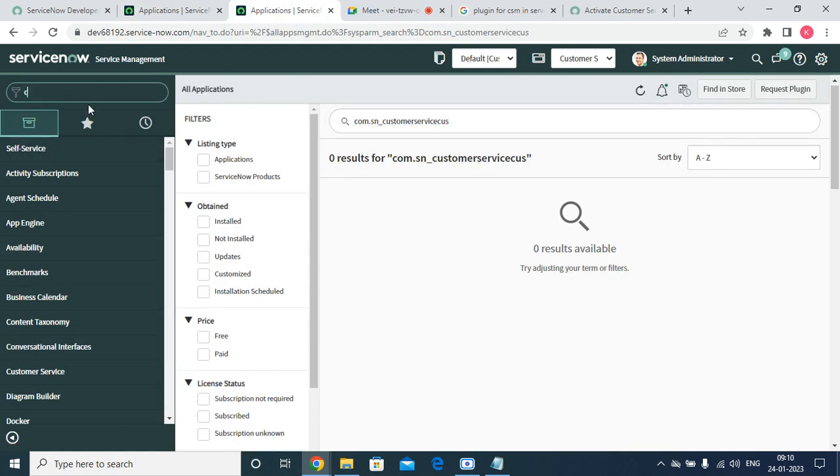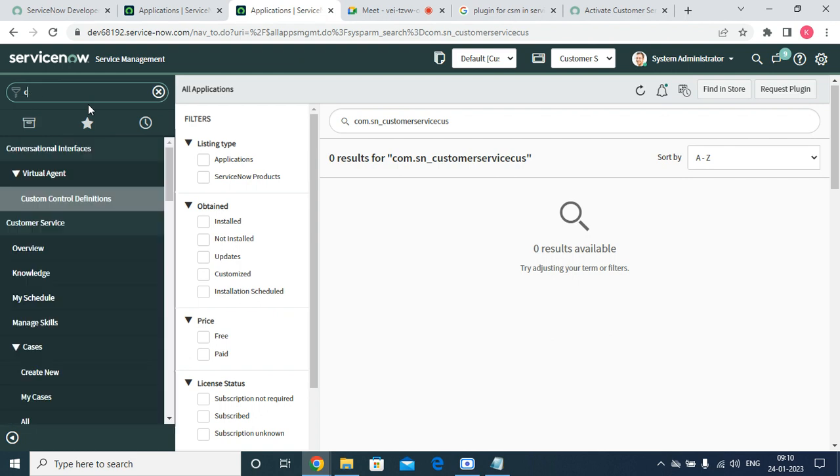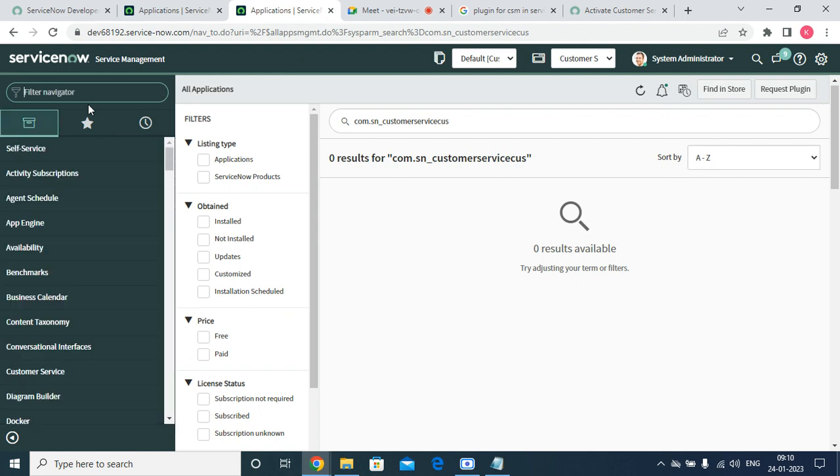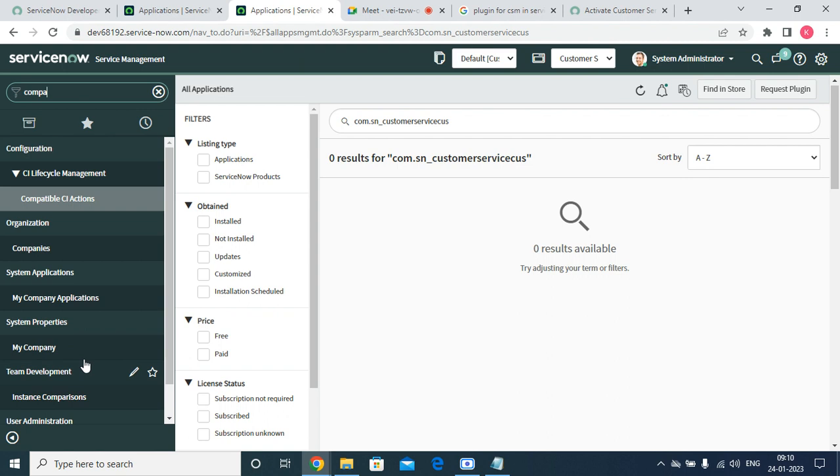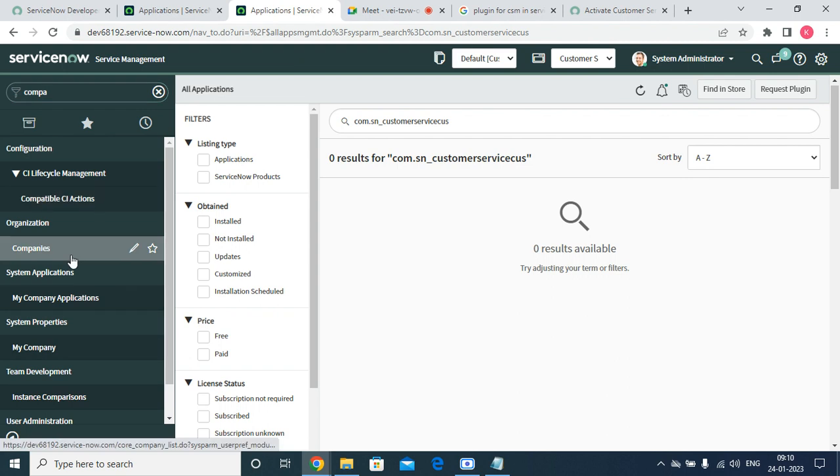Now what I am going to do is the customer service management. If you want to do the customer service management, first we need to onboard the vendor. Vendor in the sense is a company. And also the application scope is the vendor. If you want to see one, you can go to the company. The company is nothing but the vendor. Whatever vendor we have,